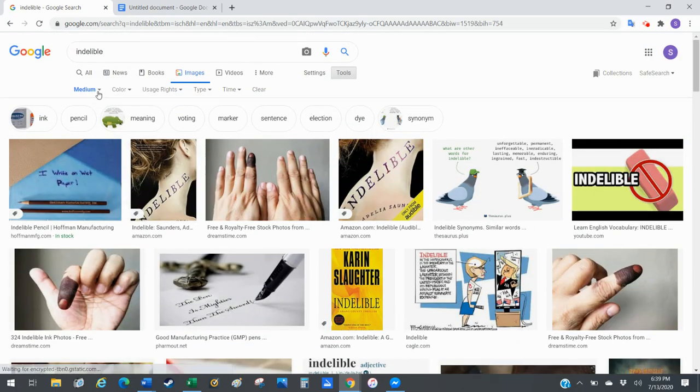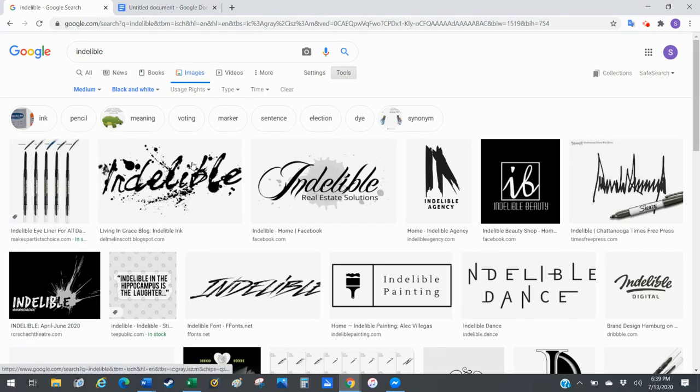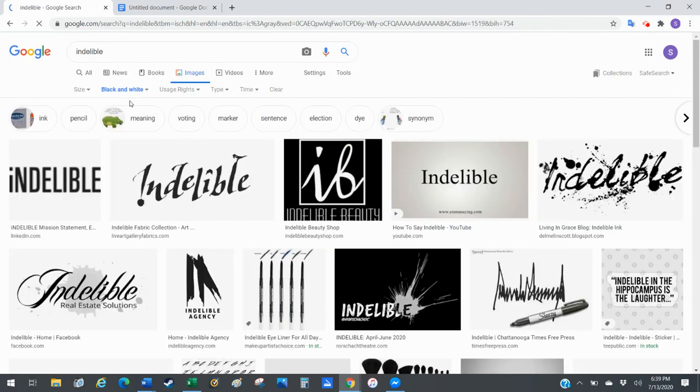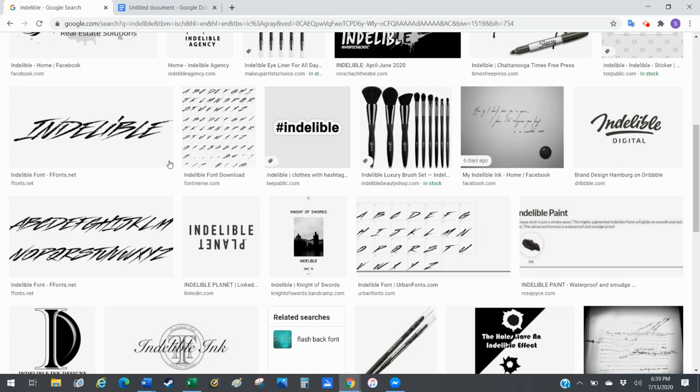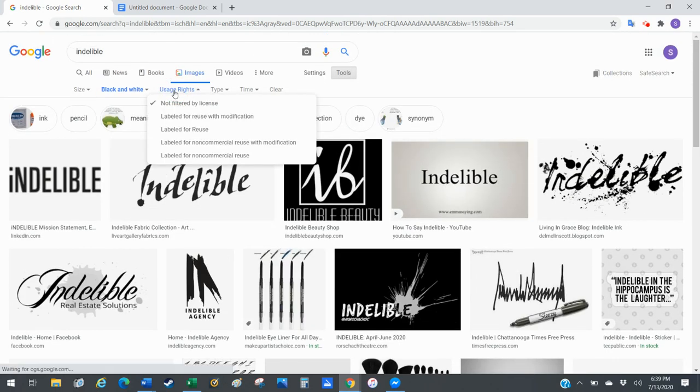And the fact that you can resize your images really makes things not much of an issue for this particular part of it. If I want to go color, say if I want to just go black and white images, I can do that. Switch the size back to the default. Okay, the usage rights: if you filter things out by license, you want to make sure that if possible